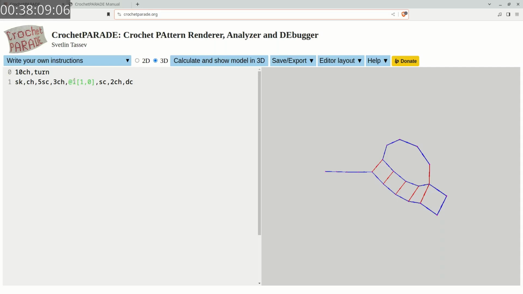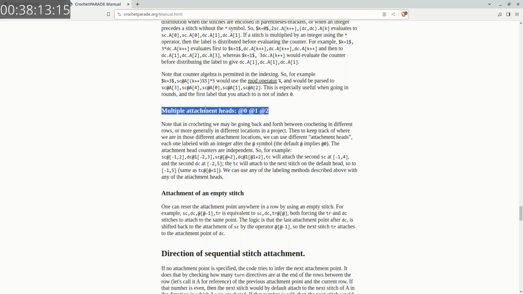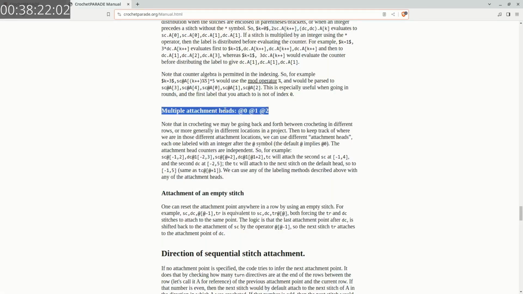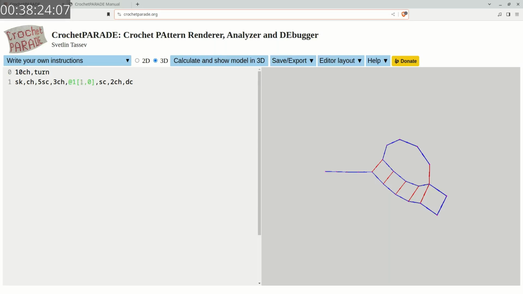So by putting an integer after the @ symbol, you're specifying a different attachment head. This is this part right here. So we just covered the attachment of an empty stitch without the 1, and now we're talking about different attachment heads. So I can say, okay, this single crochet needs to attach to